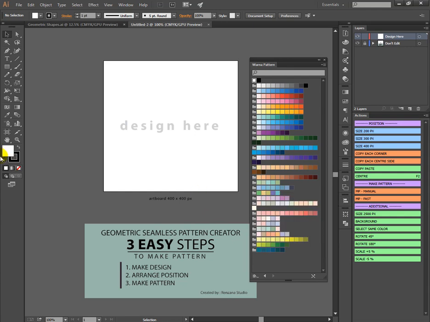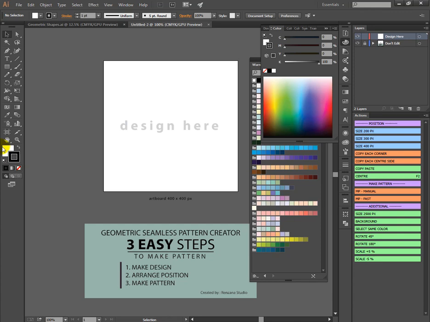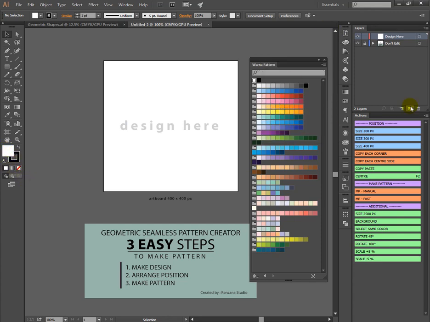And last, go to fill and stroke, make sure that the fill is in front of the stroke like this. If you find the position like this, change it to this one. Now we can make pattern.